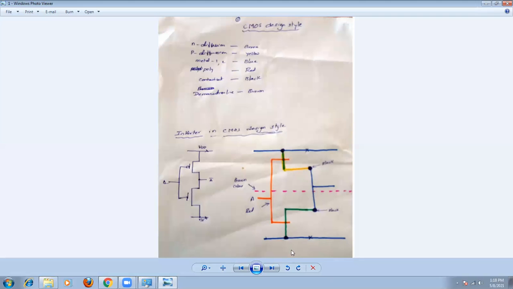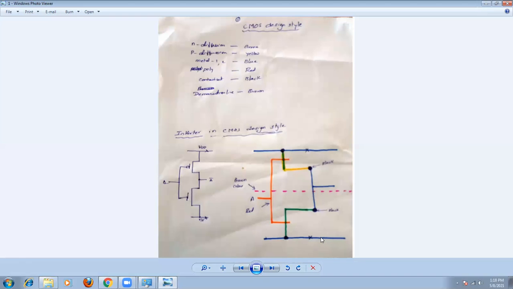For example, if the number of transistors is greater than 4, then you can use up to 8. 4 plus 4 is 8, and 8 plus 4 is 12, so multiples of 4 here: 4 plus 4 plus 4, like this. So up to 8, you can use 2 crosses. Up to 12, you can use 3 crosses. Up to 16, you can use 4 crosses. Like this we are going to use.